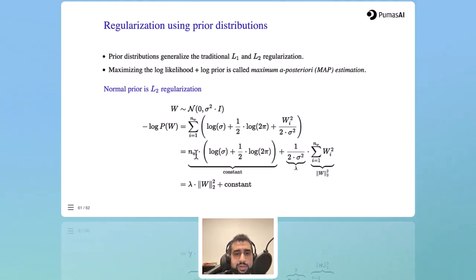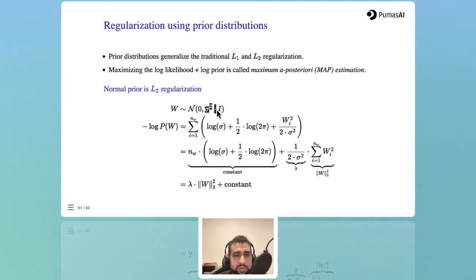If I want to increase the amount of regularization, I can reduce sigma square. And if I want to decrease the amount of regularization, I can increase sigma square. So they have this negative correlation, an inverse proportionality relationship. Again, this is nice because that means I can treat W as just population parameters that happen to have a prior distribution on them, just like any other population parameter in a Pumas model or a DeepPumas model. And this prior is just set to this arbitrary value where now the hyperparameter becomes not just lambda here, but